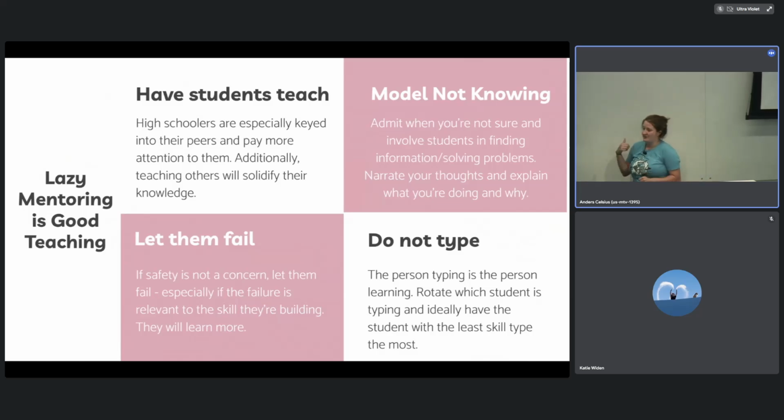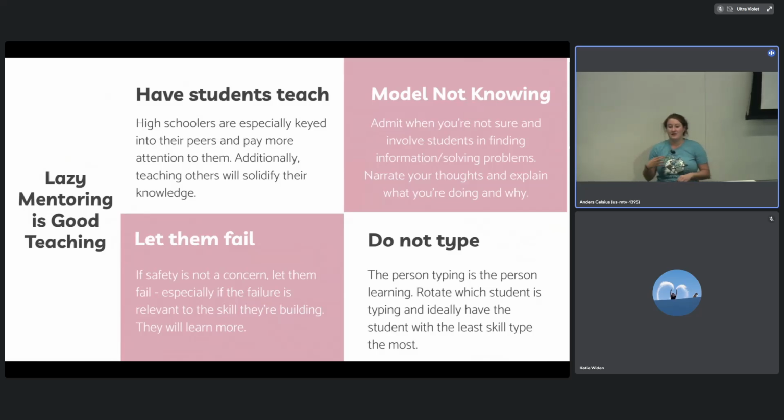I model not knowing. I think the best days mentoring are the days where I'm learning with my students. So there's one day, something in our code was just weird. We were missing a dependency. And it was beyond the kids, right? So the 3 programming mentors, we all are just taking turns of 5 minutes at a time, banging our head against the wall, like, okay, so I found on Chief Delphi that someone said this, and we're doing this all out loud. We are narrating our thought process. We're telling them where we're going. We're telling them why. And then our freshman at 2 a.m. was on Slack, like, guys, I solved it. So they can do a lot, but we were narrating what we're thinking, what we're learning, so that they understand how to solve problems.